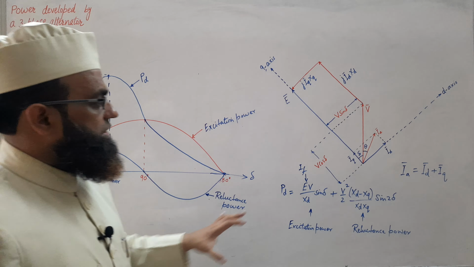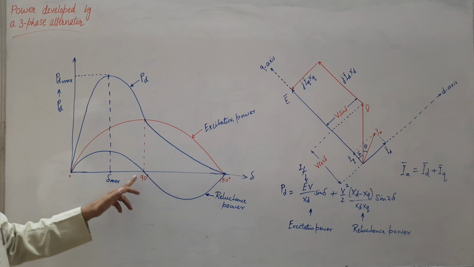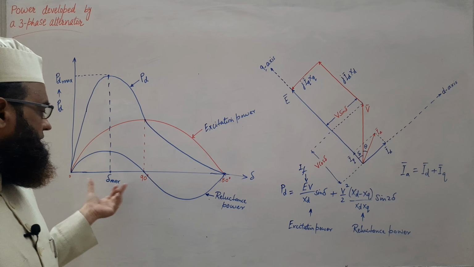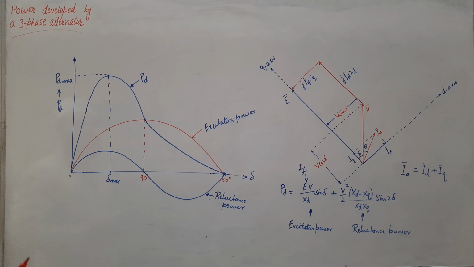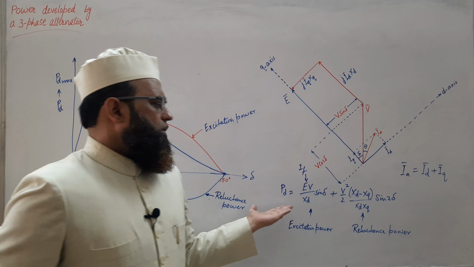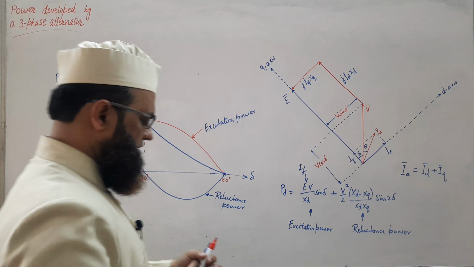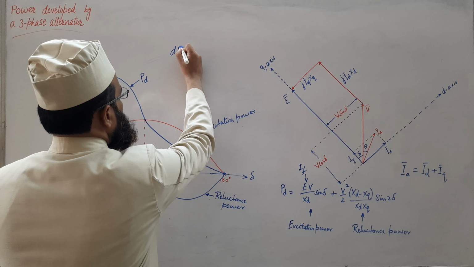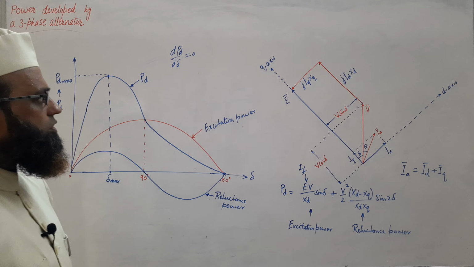But due to this we can get that value at our required value of delta in our desired range. So if someone wants to get the value of this delta max, we know how to get maxima or minima of a function, so just differentiate it. In order to get delta max, just differentiate this, dPD by d delta equal to 0, put it 0 in order to get critical points.